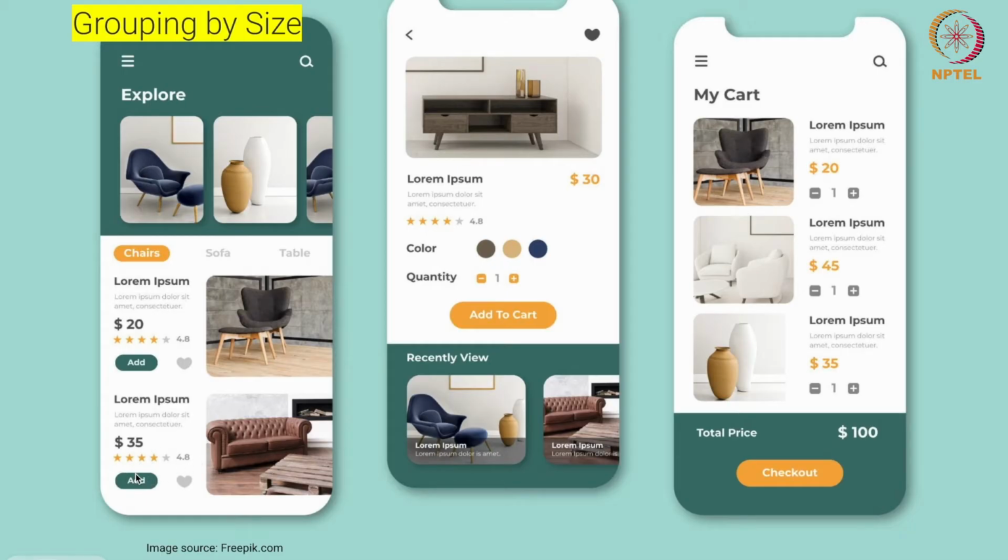And finally, once everything is decided, I will go for checkout. Similarly, the recent view is again shown half. This is associated with UI, where it enables me to look for more details. So here the idea of grouping by size is playing an important role.